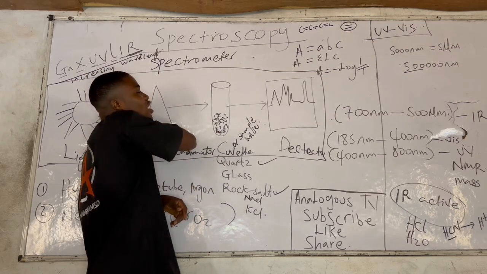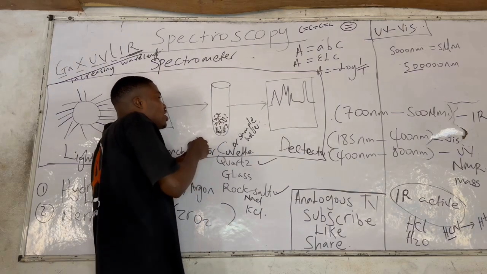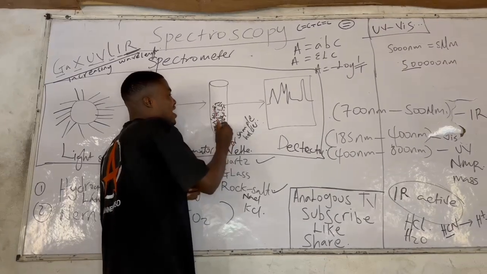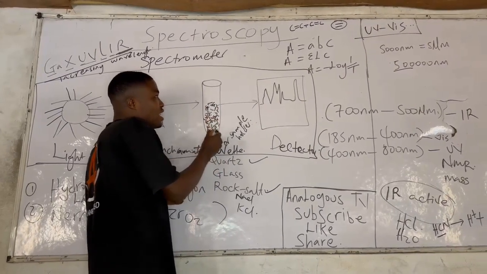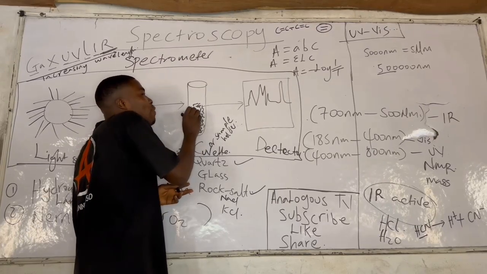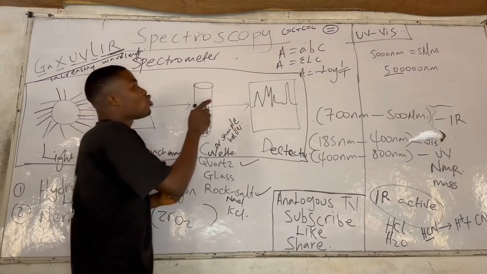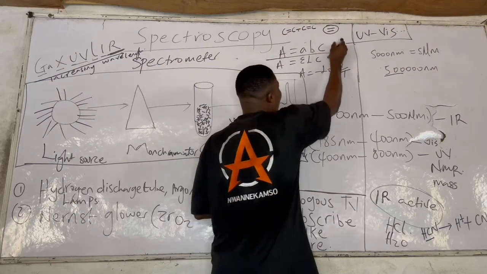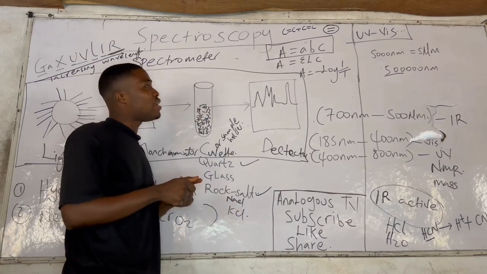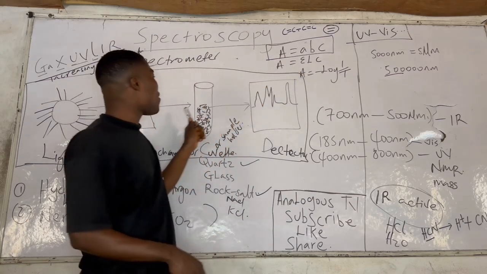So once the light gets to the cuvette, it is the matter we are about to analyze that absorbs the light. When it absorbs the light, it absorbs some, and some other part of the light will be transmitted. Not all the light is absorbed, some will be transmitted. So there's a law called Beer's law and Lambert's law, together called the Beer-Lambert law, which says that the absorbance of light,